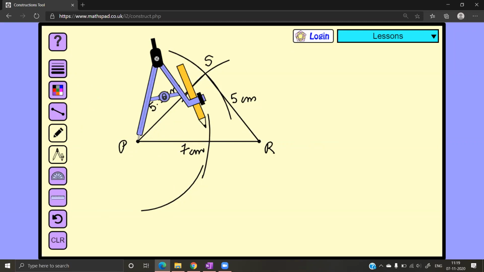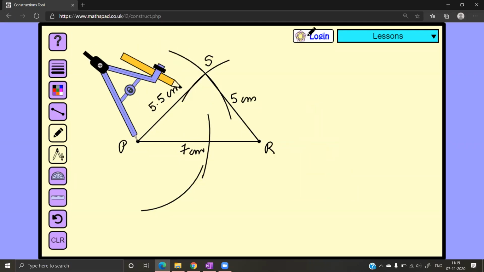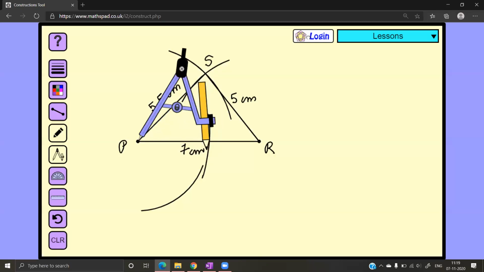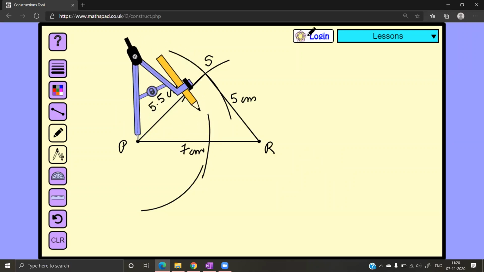मैम P से रेडियस P से, yes, it's from P. I've actually drawn this here. If I change this, it is going to erase everything else. I'm just going to let it be. The one I have drawn here was by mistake. So this is the arc that's correct, the one below, and you can just check. Okay. If you have done from P with radius 4 centimeters, now check from R.